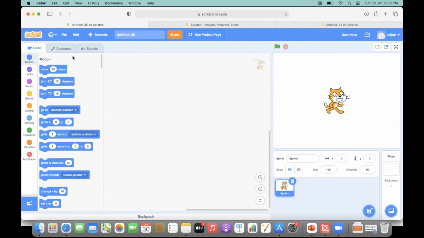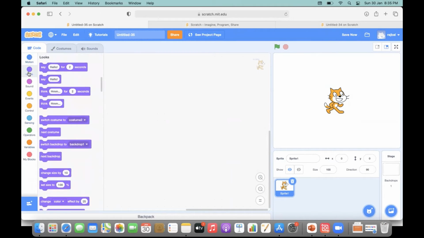So this is one of the blocks, like coding block, motion block. This is the block drawer. So let's take a look at looks. So you can say hello, you want to think, and stuff like that. So all of that. So think in the sense that you can say